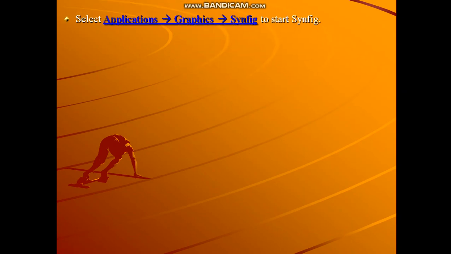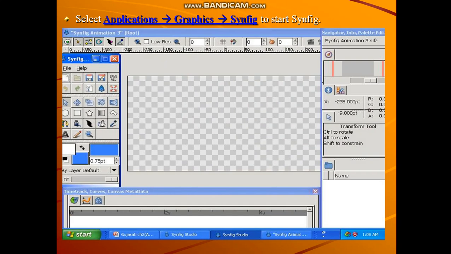So now we will see how to start Synfig. For that, you have to click on applications, graphics, Synfig option. When you start Synfig, it will show you such a window. Now we will see the different parts of this window. Here, this checkerboard is known as the canvas.